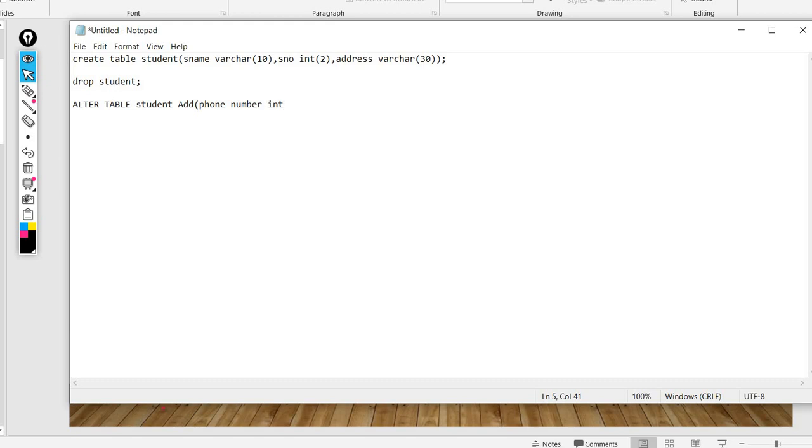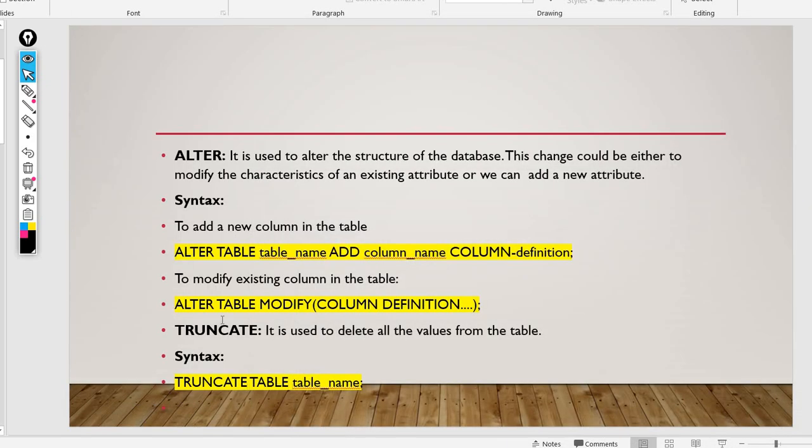Integer or float, anything. Just take 10 because it will be 10 numbers, right? So if you give like this, then what will happen? The table will be altered. Next, truncate. Here you can even modify the table, same with the same method.